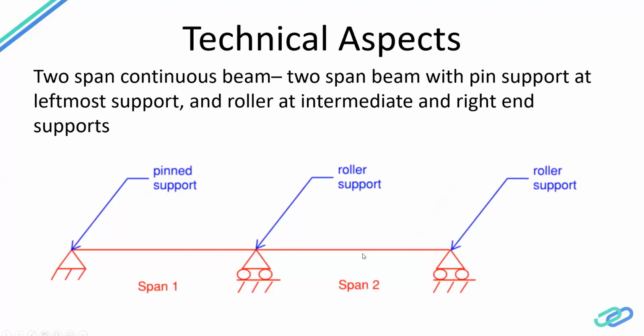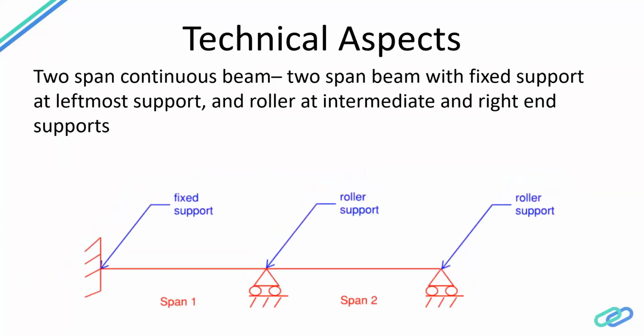Whenever we load any structure, there are going to be these additional supports, and they will develop their own reactions. Because of the continuity over the support, there will be a development of a negative moment for gravity loads. This is a very common thing in residential projects, where you have multiple span beams, or in a parking structure, where you have multiple span post tension structures. So I wanted to touch upon these different boundary conditions which we can ensure while designing and detailing the connections.